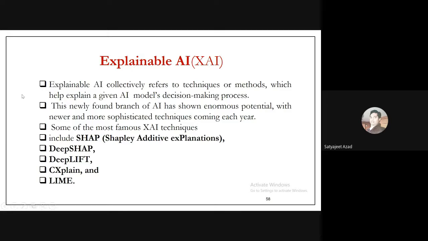I will be explaining this LIME model, these methods, using one of the data sets to make you understand how you can leverage explainable AI to explain your different black box methods. Black box methods are basically advanced machine learning models. That is called a black box, basically.